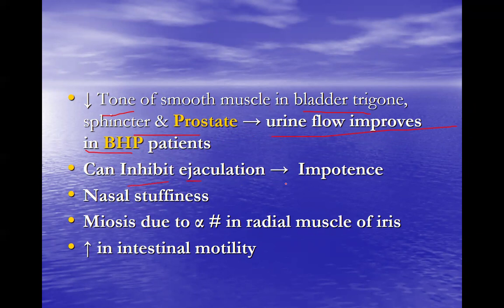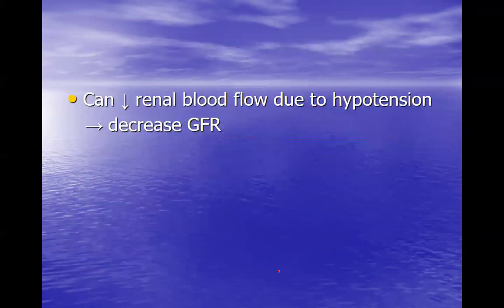Again, it tends to cause nasal stuffiness because it is causing vasodilatation. It tends to cause miosis because it blocks the alpha receptor present in the radial muscle of the iris, and it tends to increase the intestinal motility. Further, these alpha blockers can also decrease the renal blood flow due to hypotension, and this leads to a